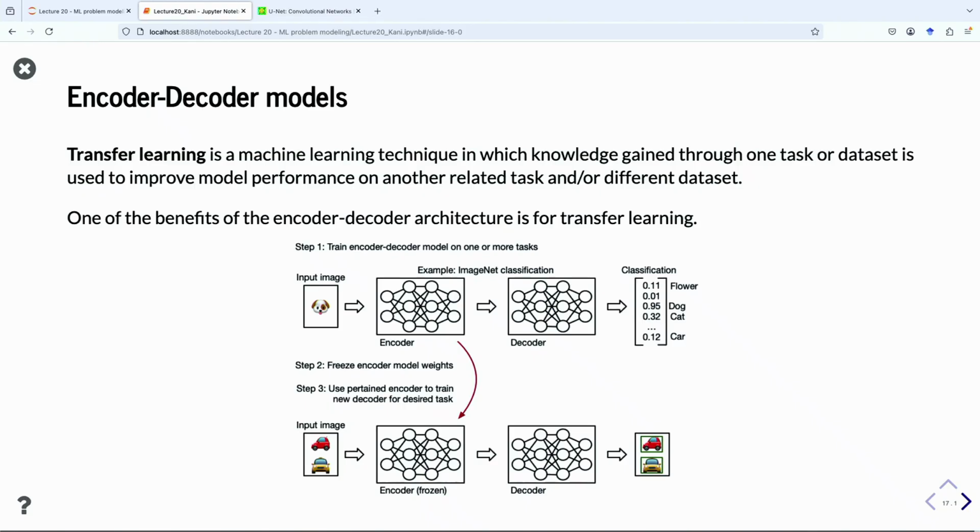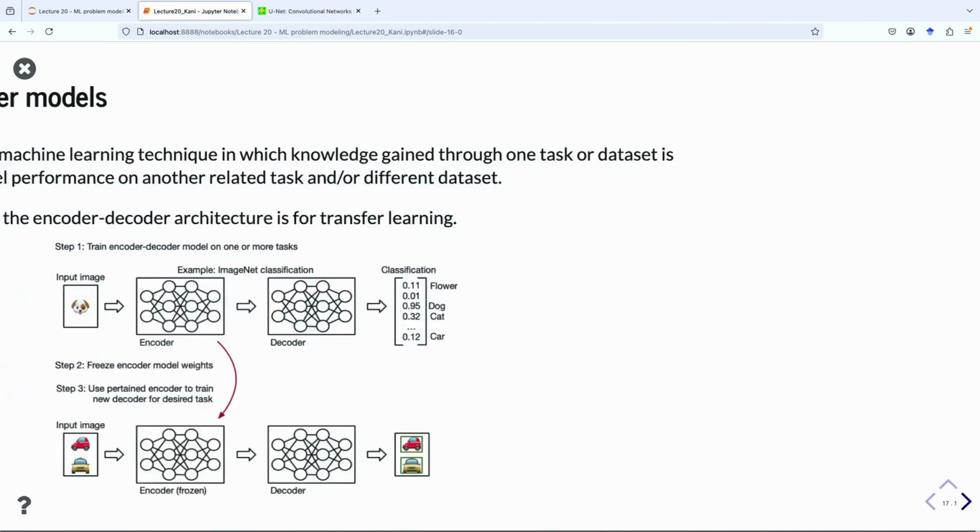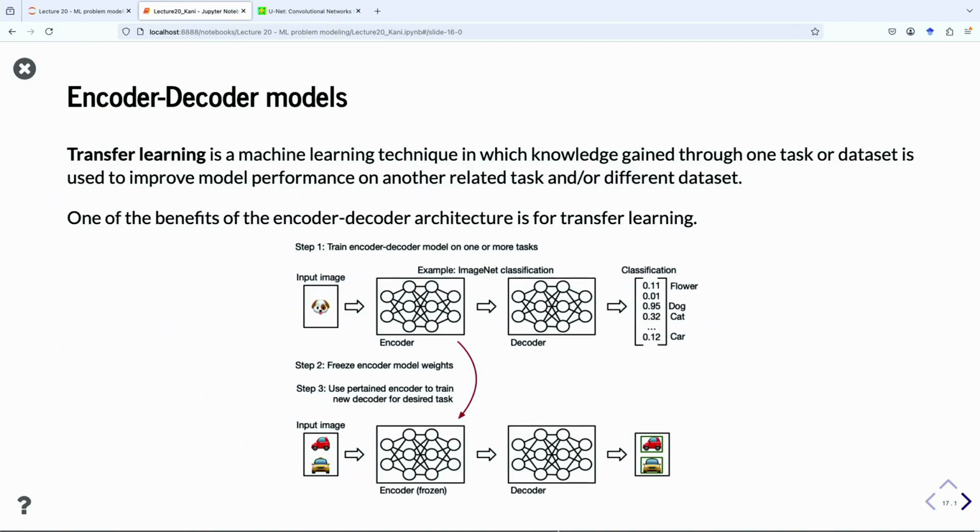PyTorch has a lot of default image models that were trained on very large image data sets, much larger than we could do on our own. So the smart thing to do would be to simply get those pre-trained models, load them into PyTorch, and then augment them however you need to output whatever you need to output, okay? So this is the idea behind encoder-decoder models.